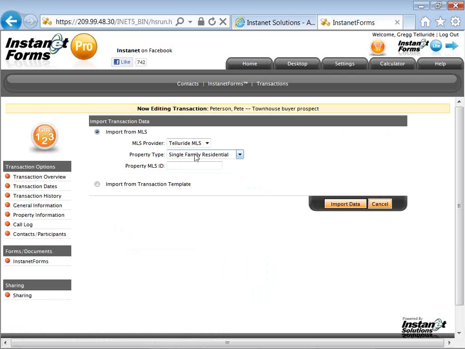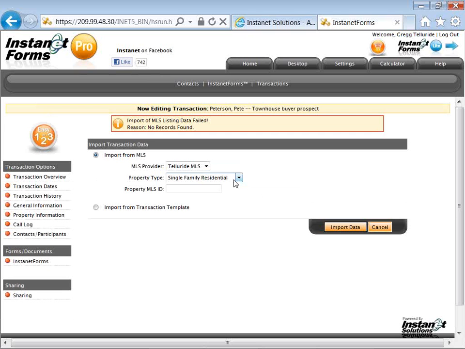Telluride, I think this one is, I apologize, I didn't look very closely. We're going to both find out together. Single family residential, MLS ID, import that property information. It's going to reach out to the MLS. It's going to find that ID. It was a condominium. Apologize. I thought it was as soon as I checked it, but